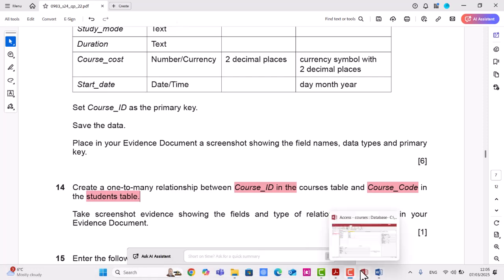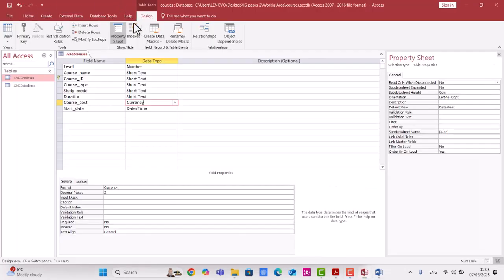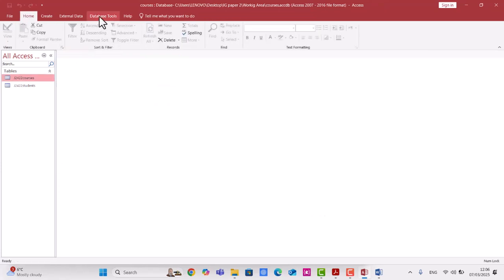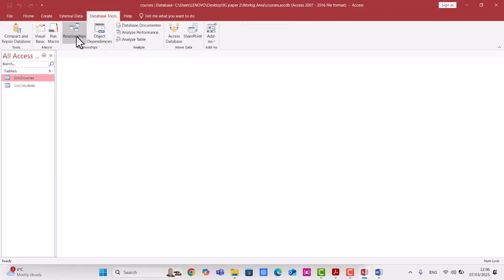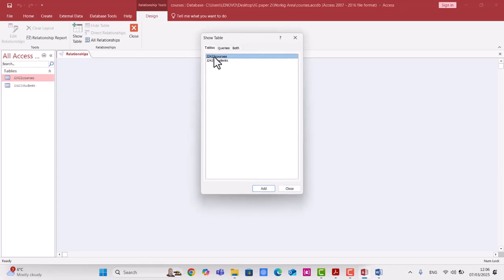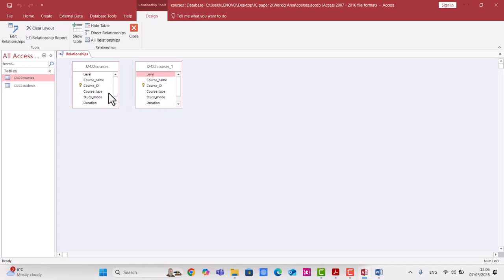Okay, so let's go to create a relationship. Database tools, let's save this table, save and close. You have to close all tables in order to make the relationship. Database tools, and we have relationship. Add this table and add this table. Close. Course ID from the course table into the course code from the